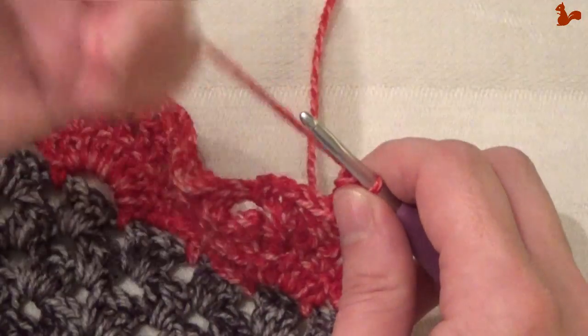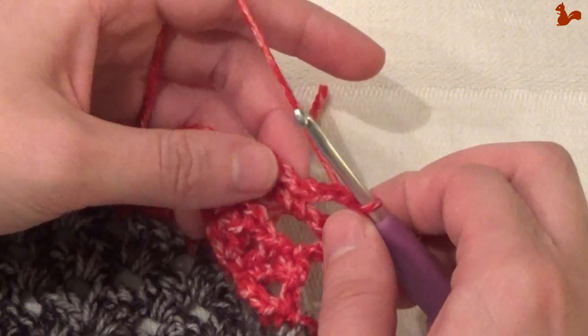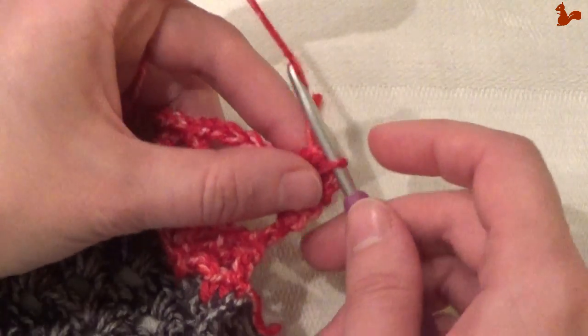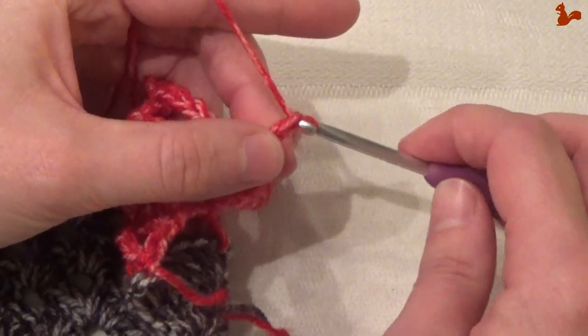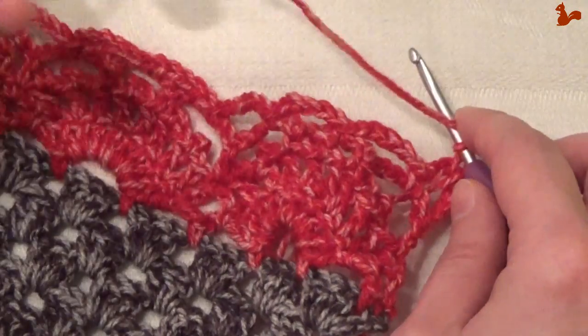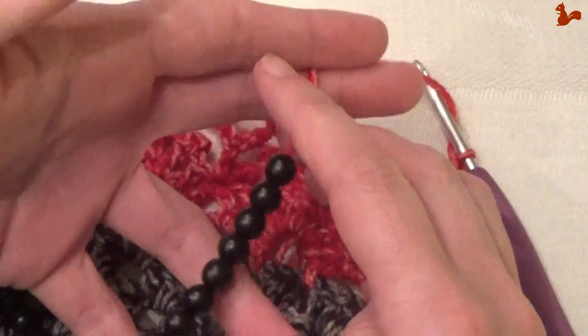And now we're going to work a cluster stitch, a special cluster stitch. The first one is a standing one, so I'm going to do a chain 2. And what I'm already noticing is that these beads are too close to my working yarn, and you're going to